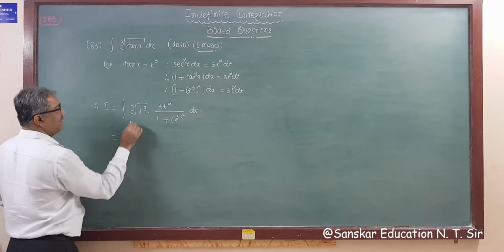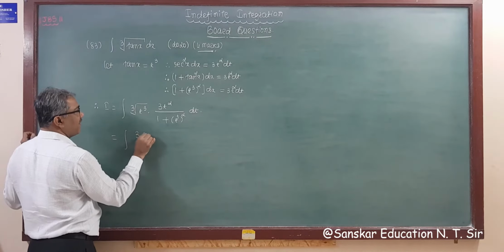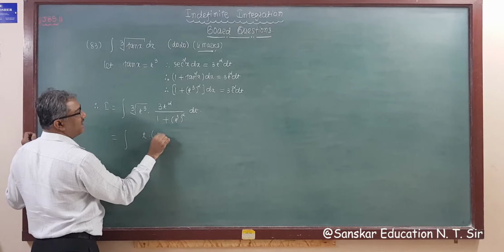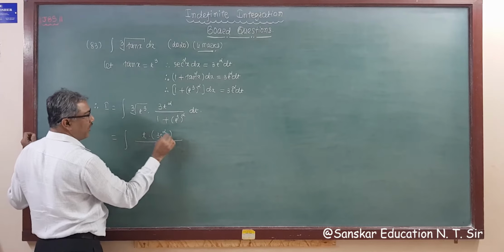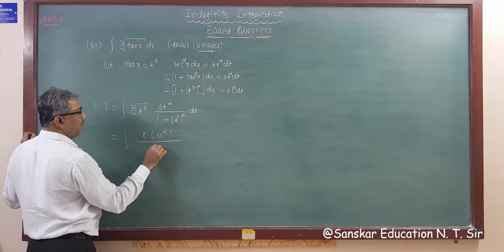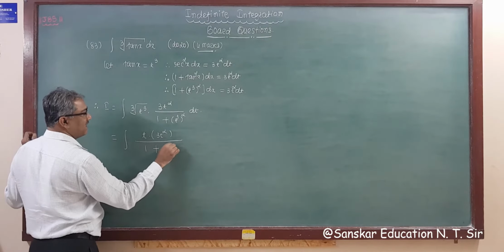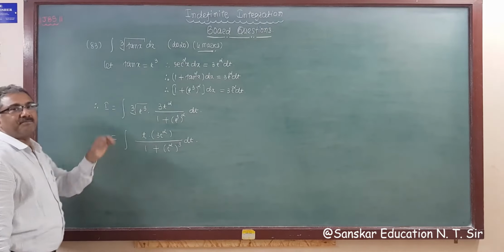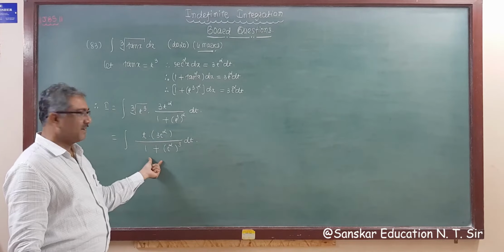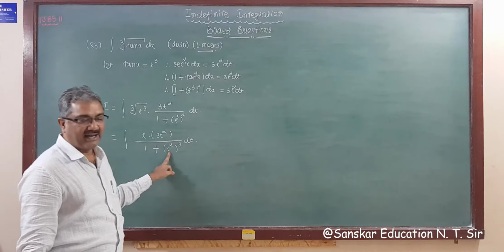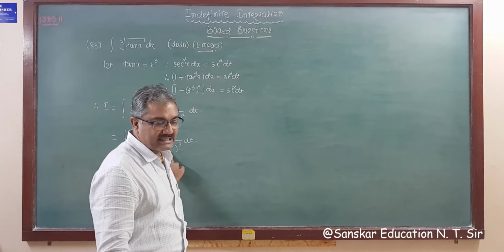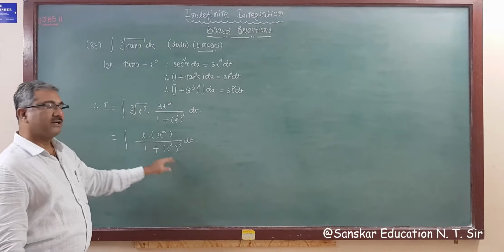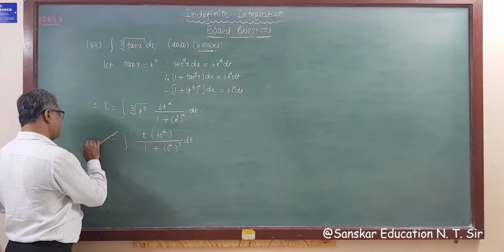So integration, this is t, 3, this is t, okay? And then 3t square whole upon, this is 1 plus, can I write like this, t square is to 3 dt. This is the divergence step, right? Now assuming t square is equal to theta, right? So let this is your divergence step, right?